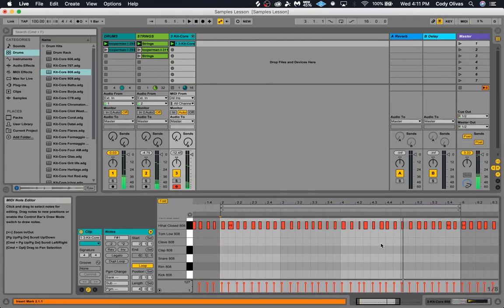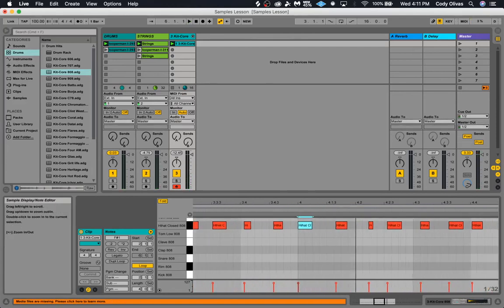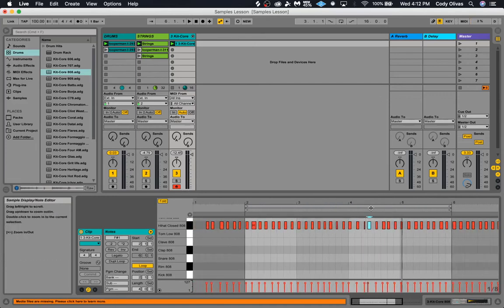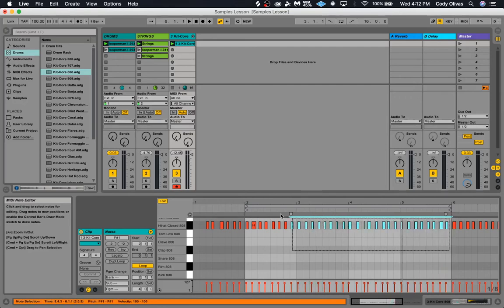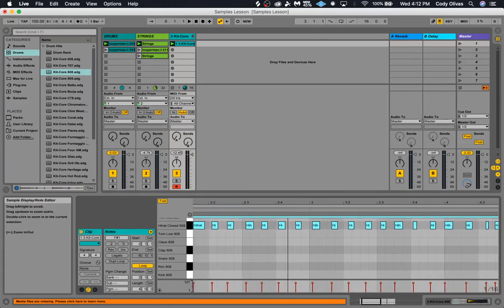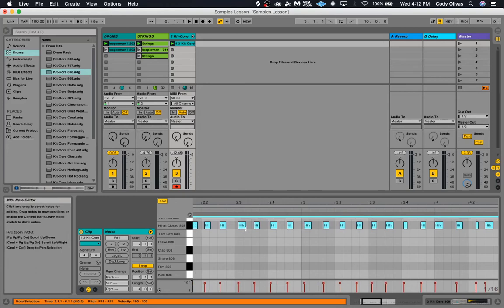So you can hear where I'm off a little bit. So I can come in here and I can manually move these hits to be a little more on time. But what you can do, and this is called quantizing, is you can use this marquee tool. So if you just click and drag your mouse and you highlight this MIDI information here, which is the closed hi-hat, and let's say we right-click on one of these,